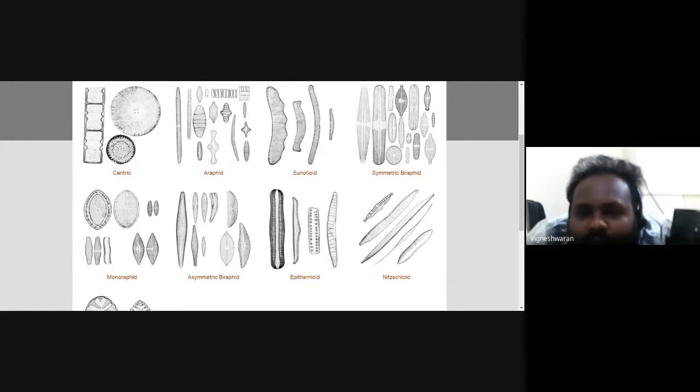Now you will not believe that every day at least some 2 new species of diatom are being discovered from all over the world. Even in India, we have discovered more than 5 new genera of diatoms from the Indian subcontinent only. From our lab, we have published around 30-35 new diatoms to science.